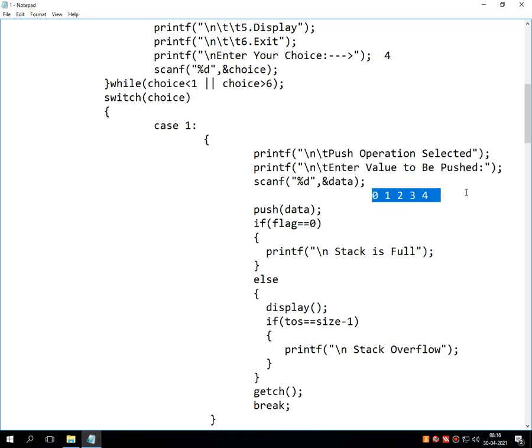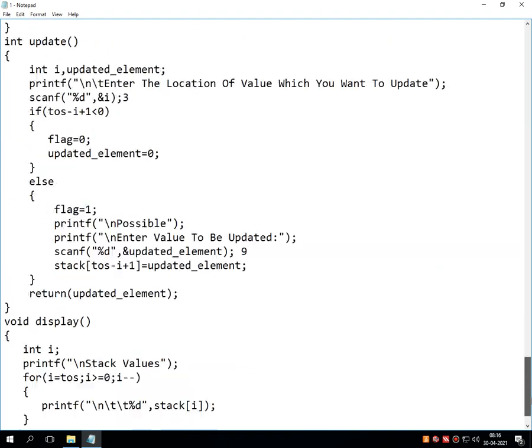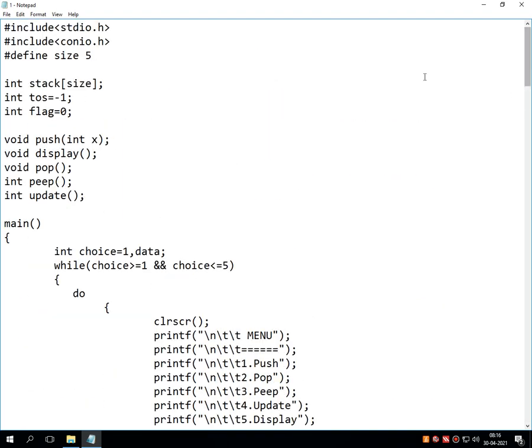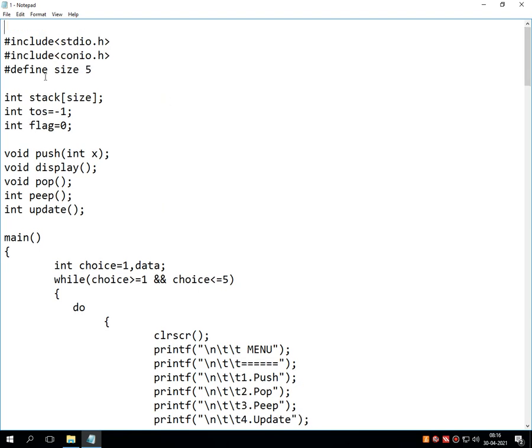So this was all about the logical implementation of stack using one-dimensional array and UDF. First write down the definition of this program. Write a program to implement stack operations.